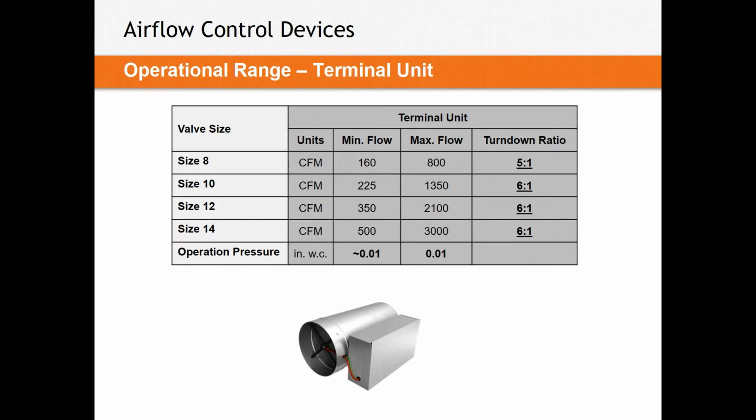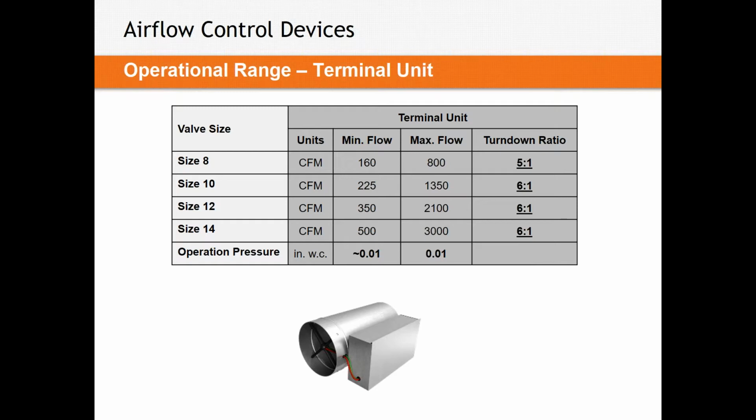Now, I want to pause here. Across all manufacturers, the way this is tested is that the damper will be opened wide open. Essentially, the test requires us to take as much pressure drop out of that system as possible and then measure the pressure drop versus airflow relationship. So reading this chart, when you see the operational pressure as 0.01 inches, able to achieve 800 CFM, in reality,